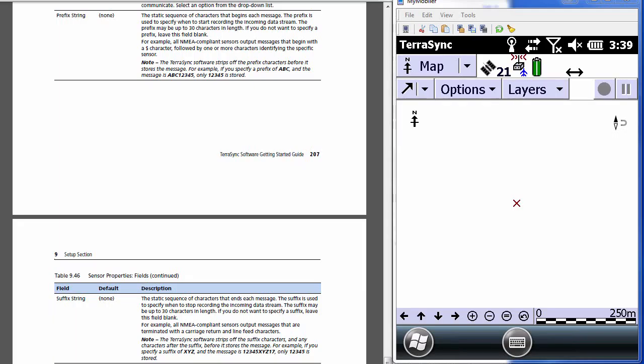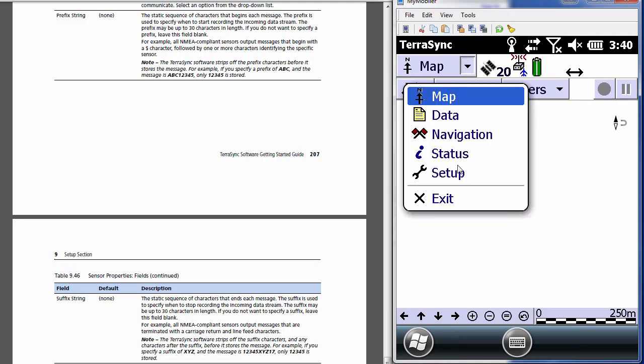In this video I'm going to discuss setting up TerraSync so that the laser rangefinder can be used to log data height as an attribute into a field in TerraSync called the field height. Then the next step would be to go into TerraSync settings,